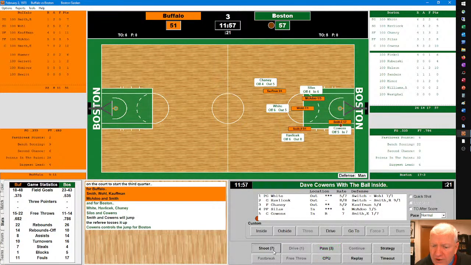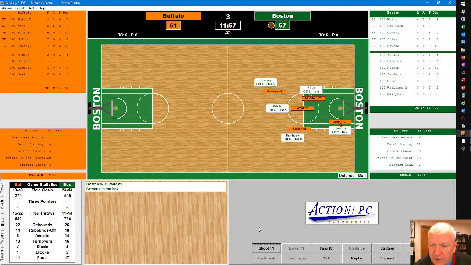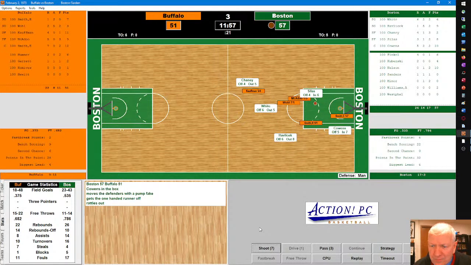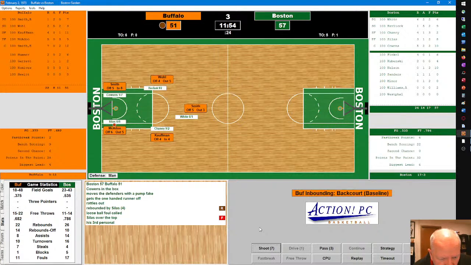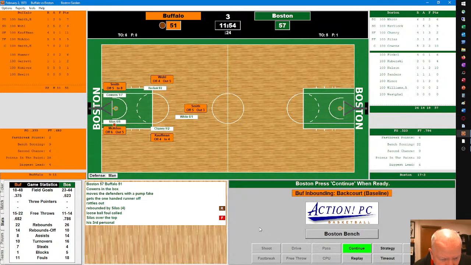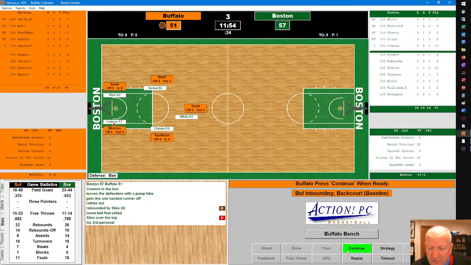And immediately they look inside to Cowens. Cowens really was heating things up at the end of the second quarter. He starts off the third quarter with a miss, but he is not fouled. But we've got a whistle on the rebound and a loose ball foul called against Paul Silas. That's his third. So we've got the starting lineups in the game for both teams. Buffalo with the basketball now trailing by 6.